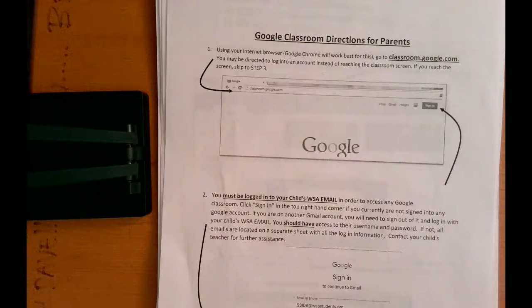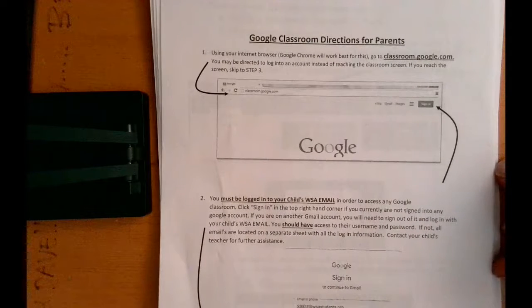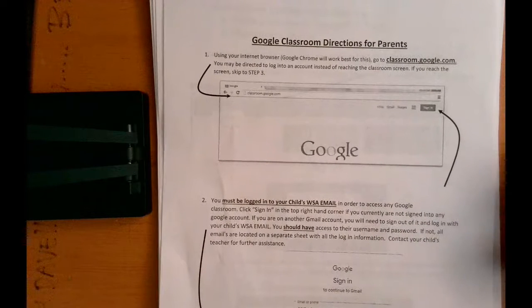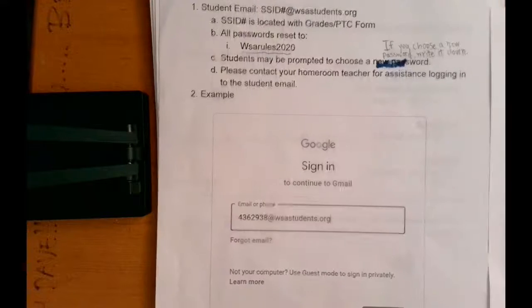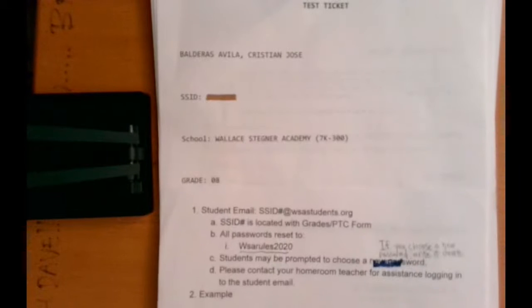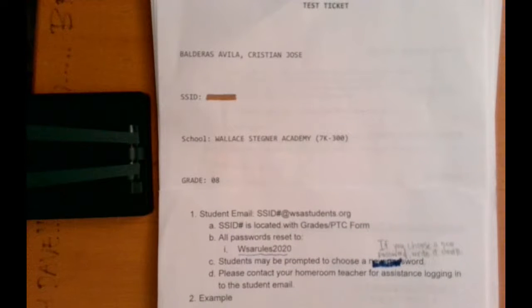Okay, the next thing you're probably going to find in your envelope are some instructions for you to get into your Gmail account and the Google Classroom. Okay, first you're going to log into your Gmail account. To do that, you're going to need the information that's on these two papers. Okay, the top one